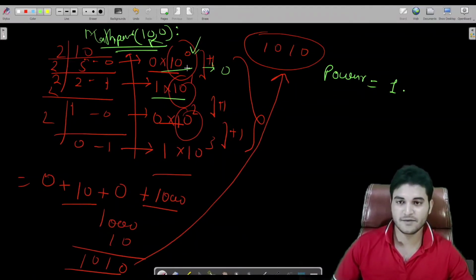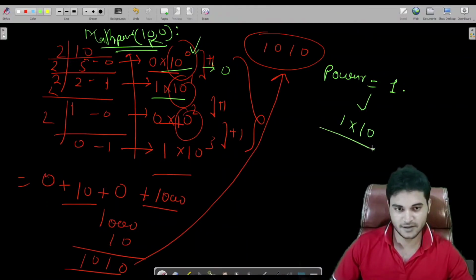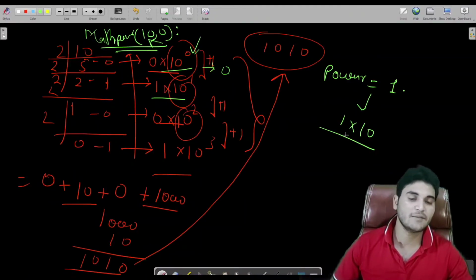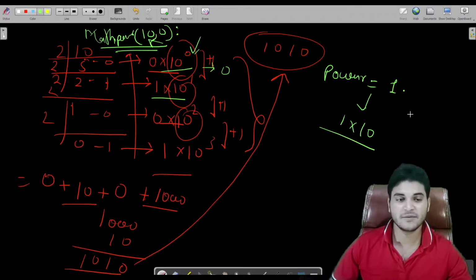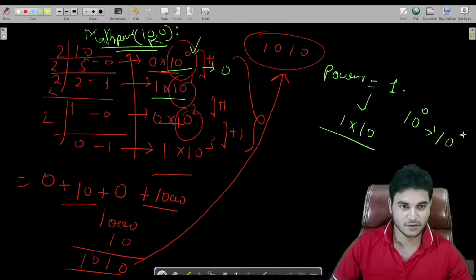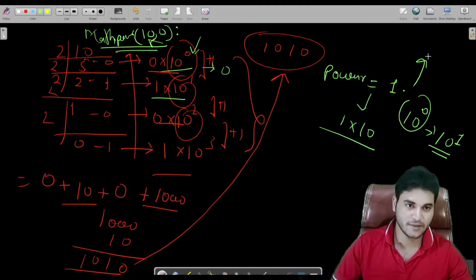After multiplying this, we will multiply power by 10 each time. So multiplying 1 into 10 means 10 to the power 0 has become 10 to the power 1. 10 to the power 0 is 1, and 10 to the power 1 is 10.